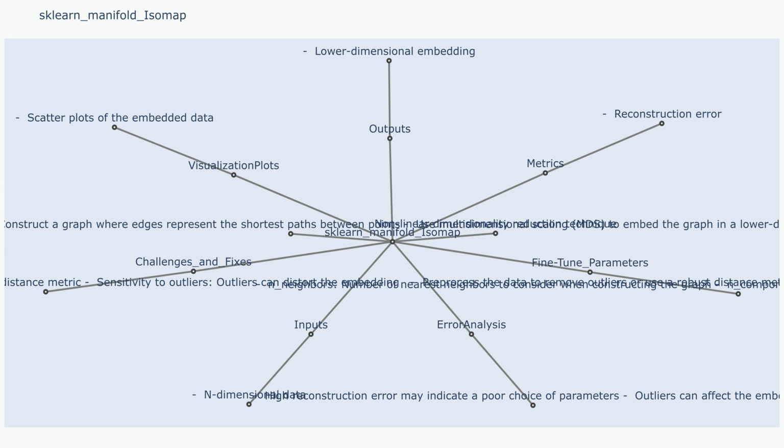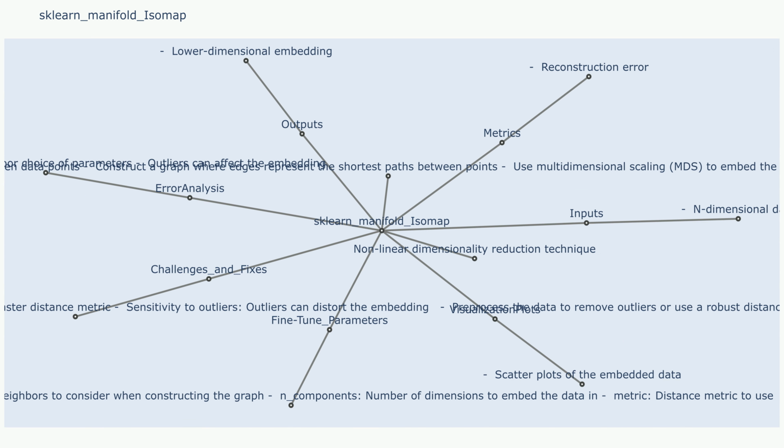Metric: the distance metric used to compute the nearest neighbors. Different metrics can lead to different embeddings. Eigen solver: the solver used to compute the eigenvectors and eigenvalues in the MDS step. Uncertainty methods. Isomap does not directly provide uncertainty estimates for the embedding.